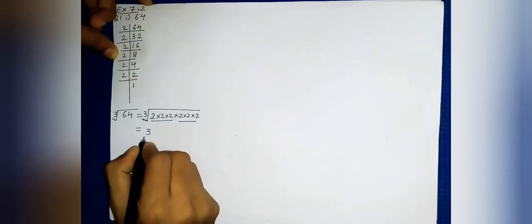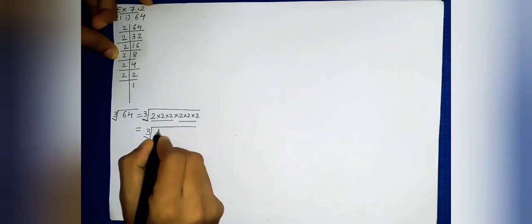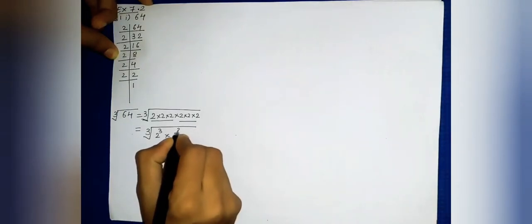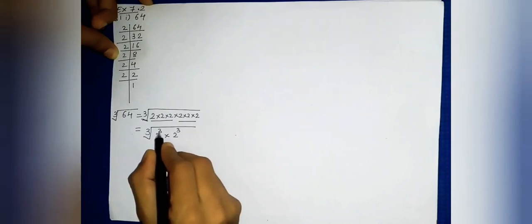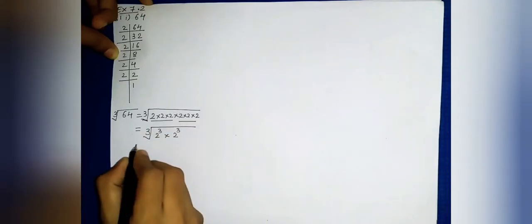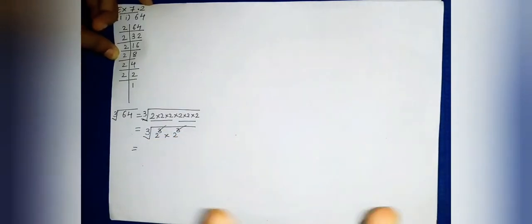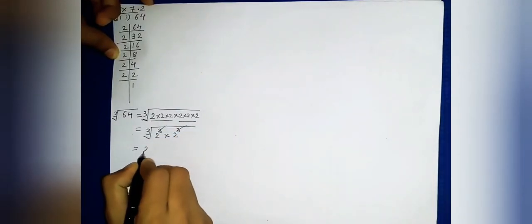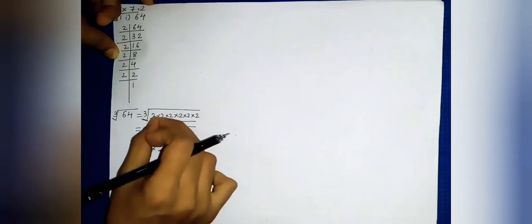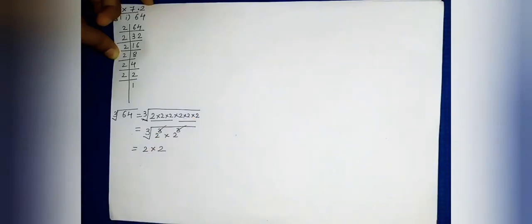So the cube root of, now this is 2 3 times, so we can write it like this, 2 raised to 3. Again here 2 3 times. Now what will happen? This 3 will get cancelled because it is inside the symbol of cube root. Whenever it comes outside of the cube root, the 3 will cancel with the root. So only 2 we will get. So only this 2 and this 2 will remain. From the first group of 3 you have to take only one 2, and from the second group of 3 you again take one 2.